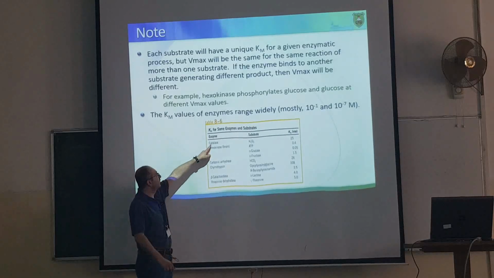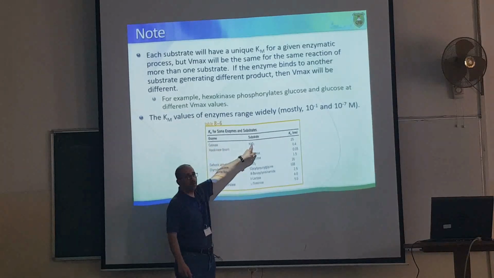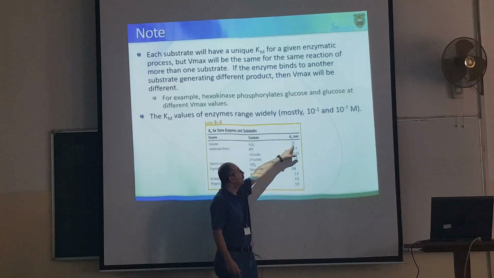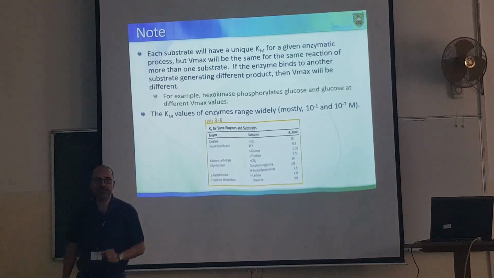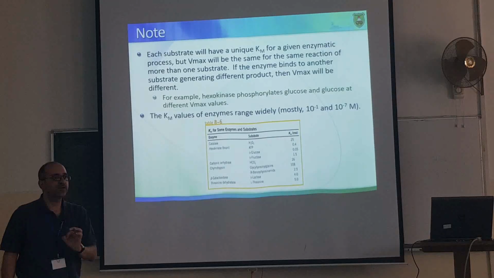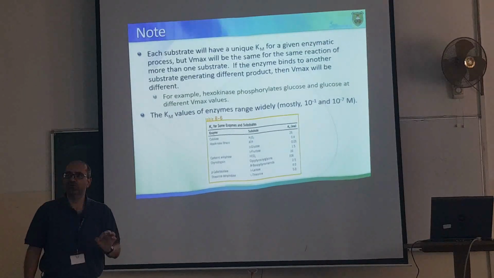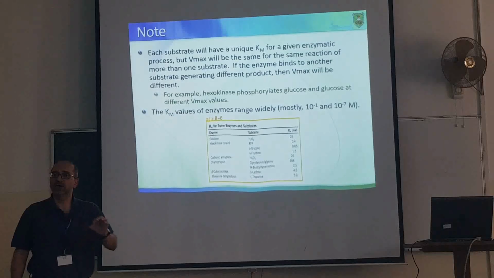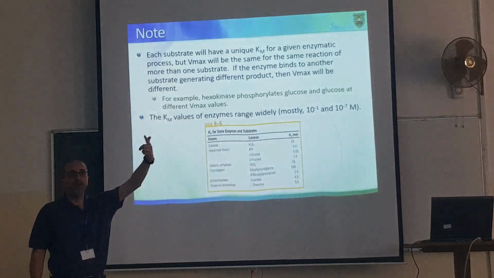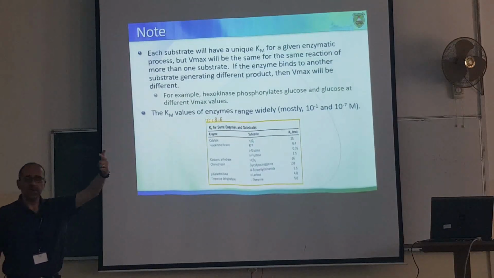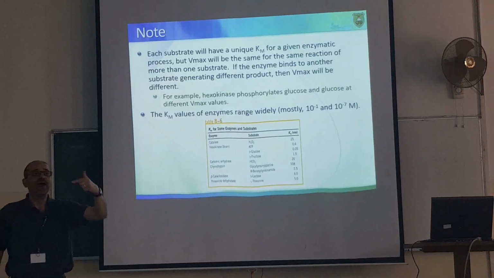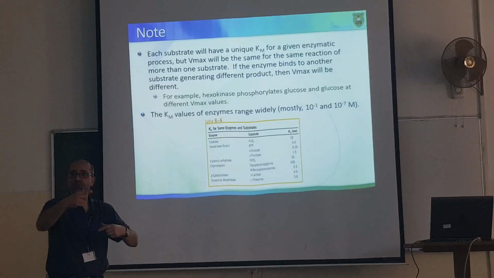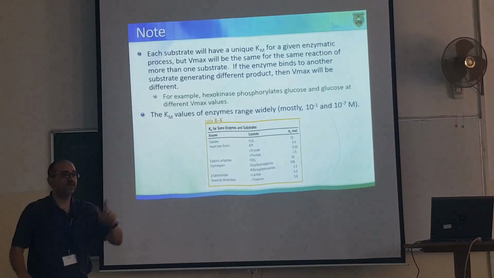فالكاتاليز السبستريت تبعهم هو هيدروجين بيروكسيد. KM 25 ملي مولر. ايش بيعني؟ مرة ثانية راح اعيدها، ايش بيعني؟ معناته انه I need 25 ملي مولر of hydrogen peroxide to fill 50% of the active sites. معناته انه I need 25 ملي مولر of hydrogen peroxide to have velocity of the reaction, rate of reaction to be half of Vmax.